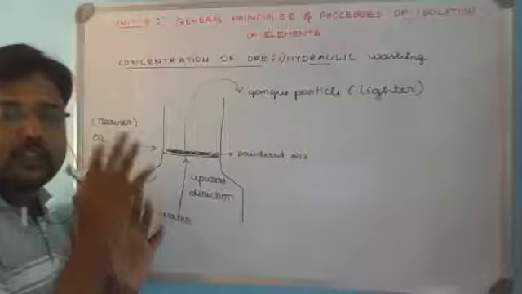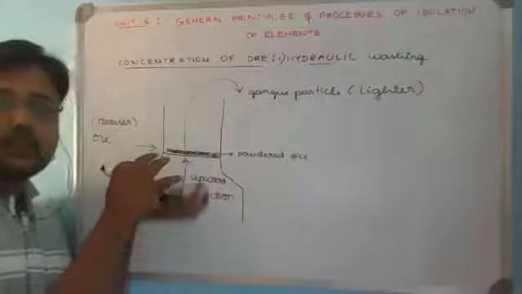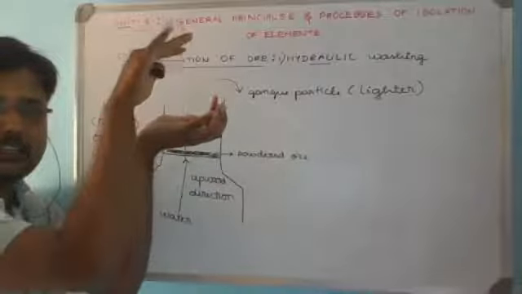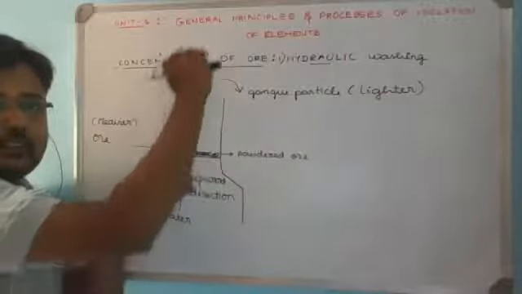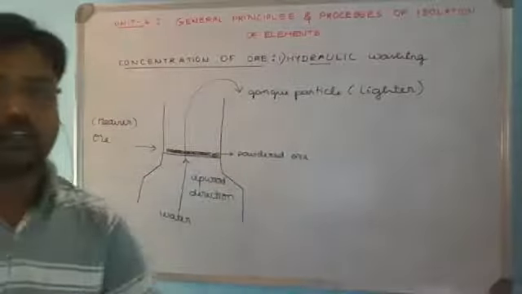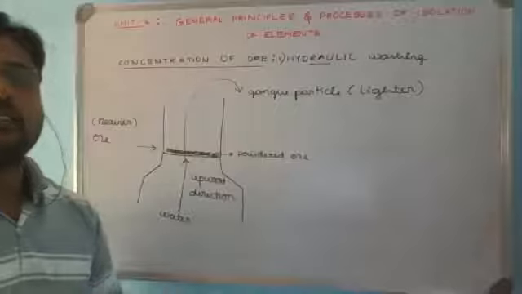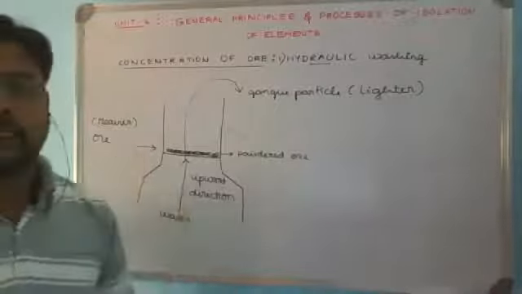So these particles are acted on by the gravitational force, along with the current stream of water flowing in the upward direction. Being heavier in nature, they will try to settle there, whereas the lighter gangue particles will slowly be carried by the stream of water flowing upward. Thereby, the ore can be concentrated by removing the impurities.